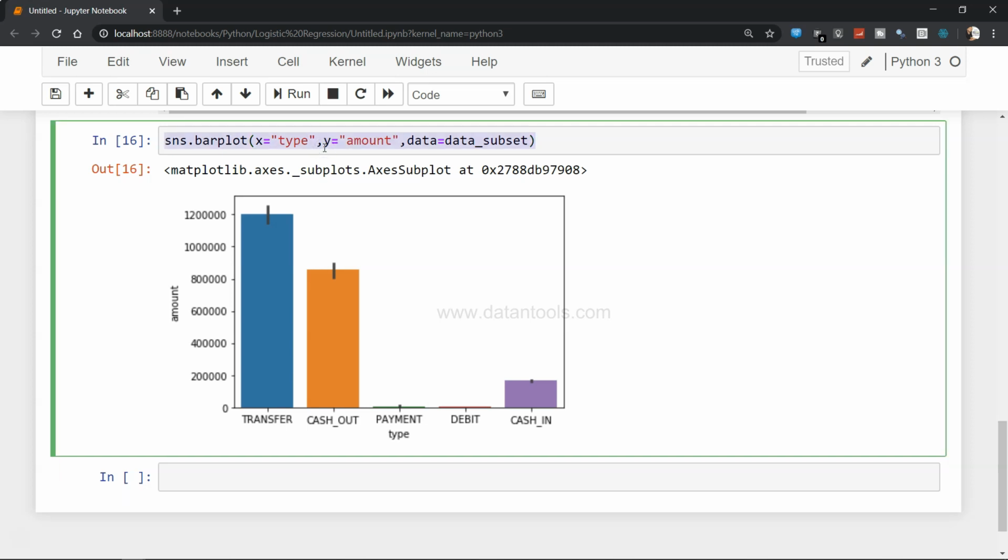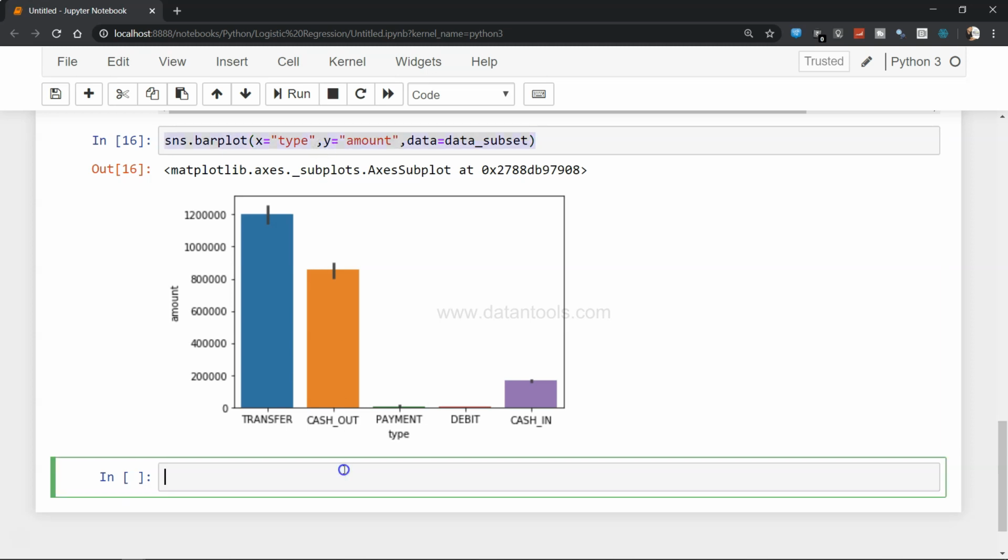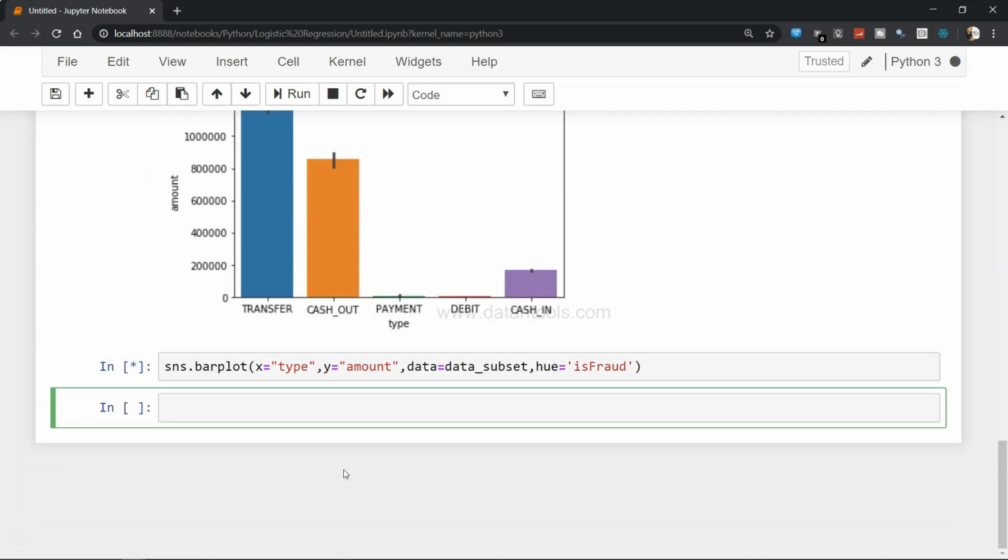Now let's say I'm just copying this and pasting it over here. Now I want to see this information by the fraud that has happened. So which payment type has been used a lot when the fraud has happened, because this gives me a lot of information. So I will just add one more parameter, hue, and in that I am going to write fraud, that means the column name.